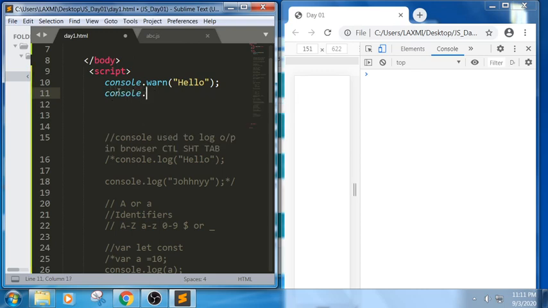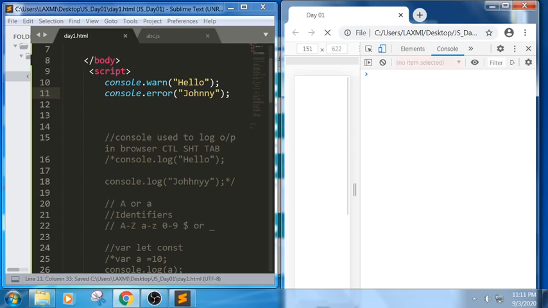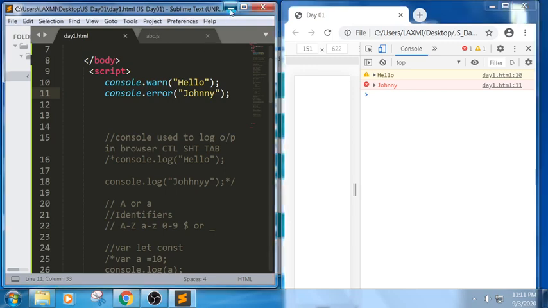Console.error. See here, console.warn will give us a yellow colored message, whereas console.error will give us a red colored message. If you have understood this basic session, now we will look into the question snippets.